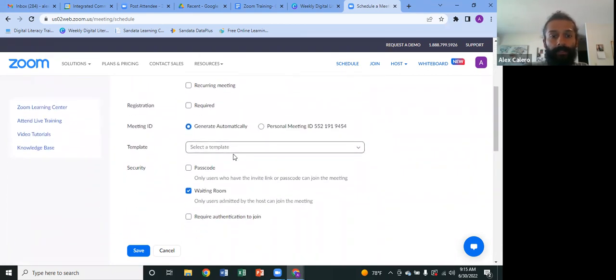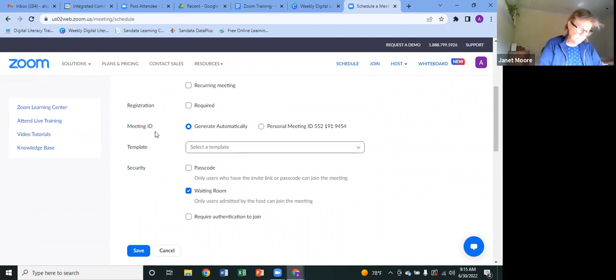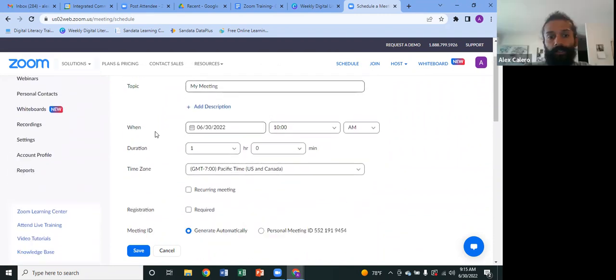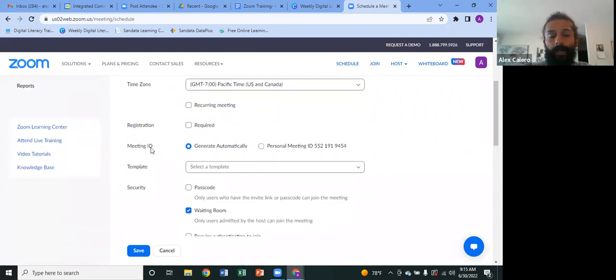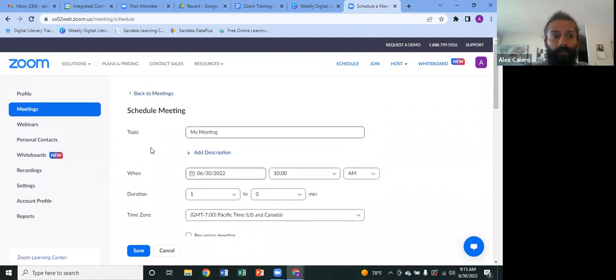And then what happens is it generates a meeting ID automatically, right? And this is different from your personal meeting ID. When you create a meeting, there's usually a generated meeting ID with a generated password, unless,